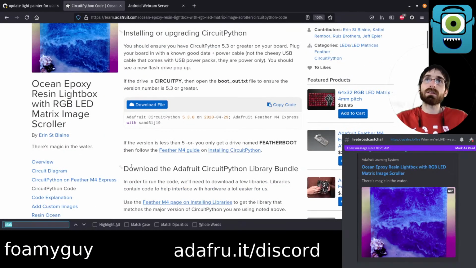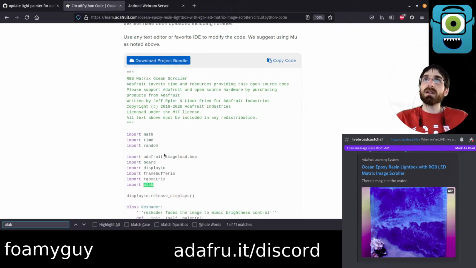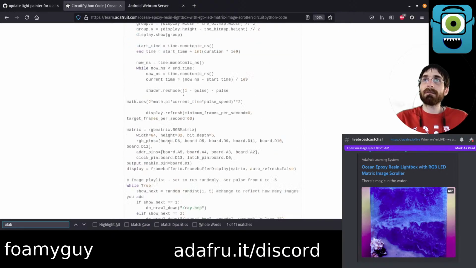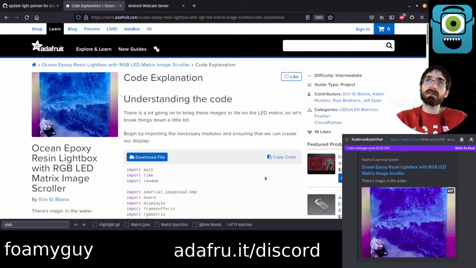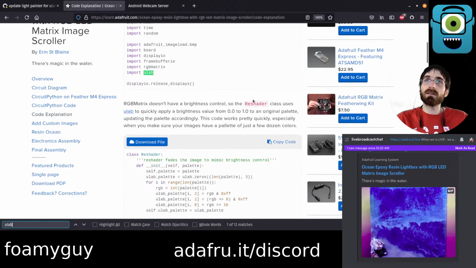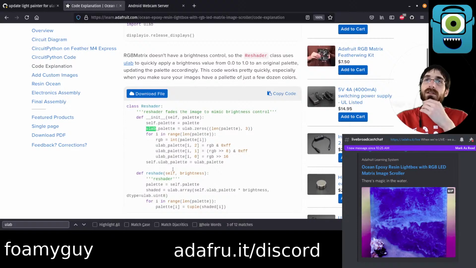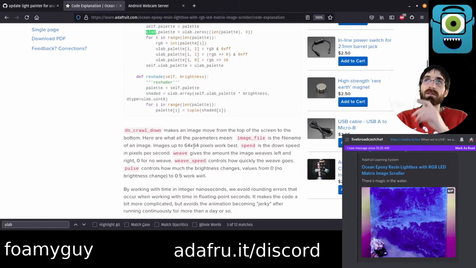I'll check out this one next, the ocean resin, so ulab. And this is the GitHub embed. So that one's going to change automatically. So we don't need to update that in the guide. Here we've got some that we'll need to change. Yeah, so zeros right there we saw before. That's now